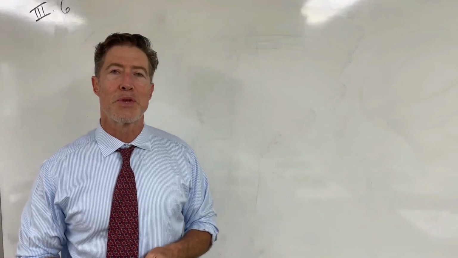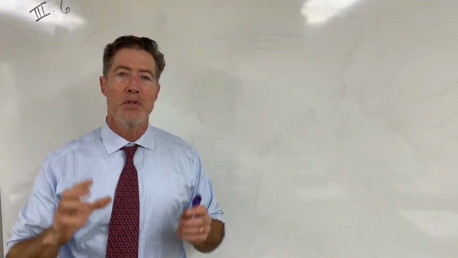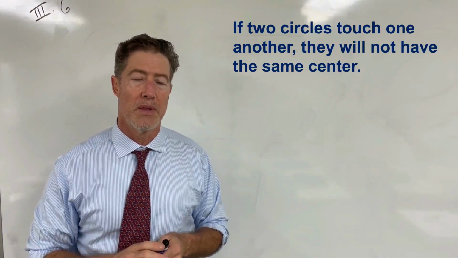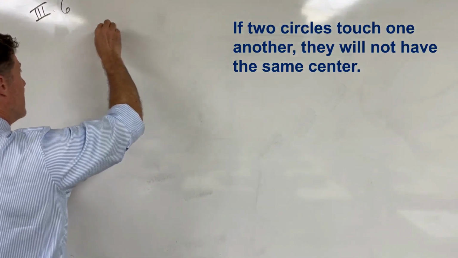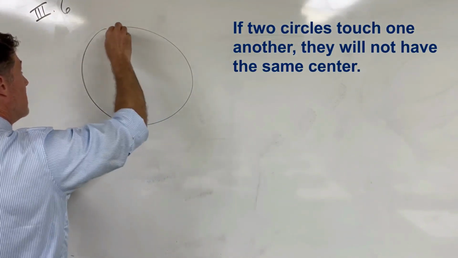Euclid's Elements, Book 3, Proposition 6. If two circles touch one another, they will not have the same center. So if we have two circles and they touch interiorly like this,